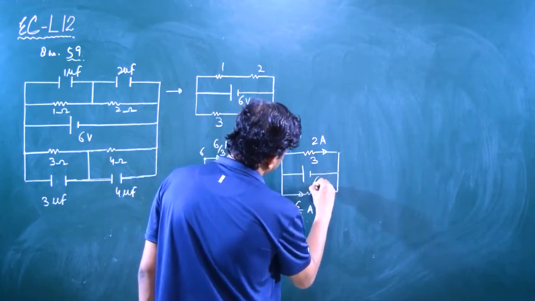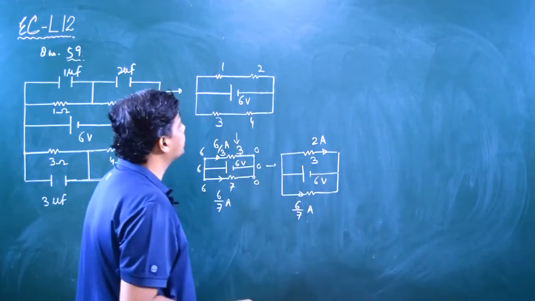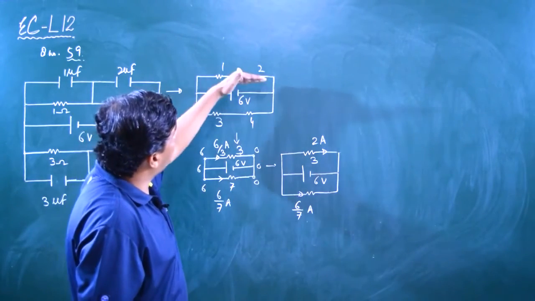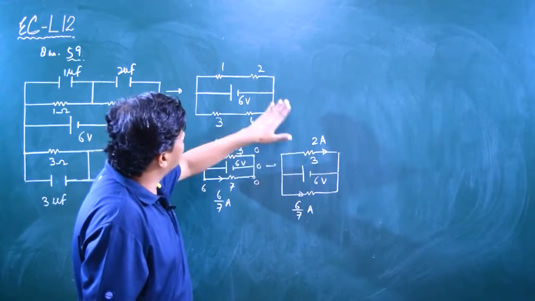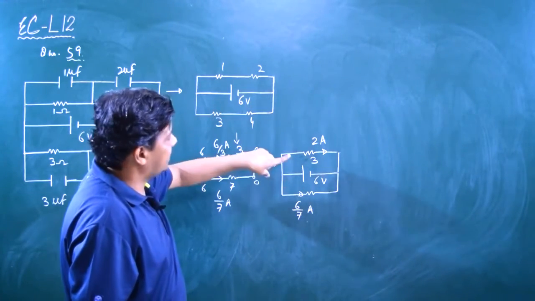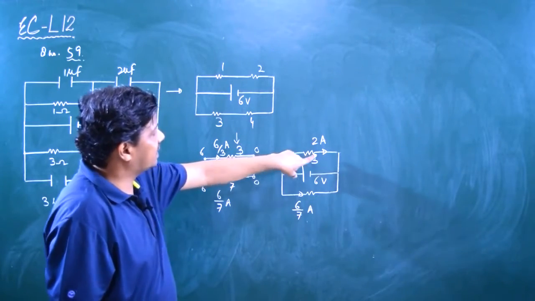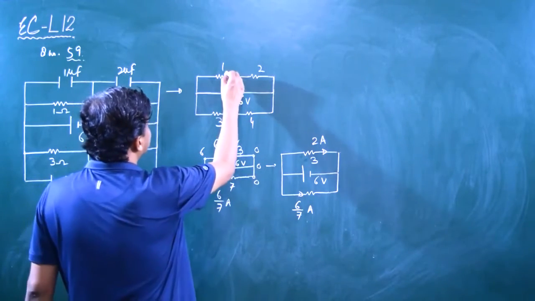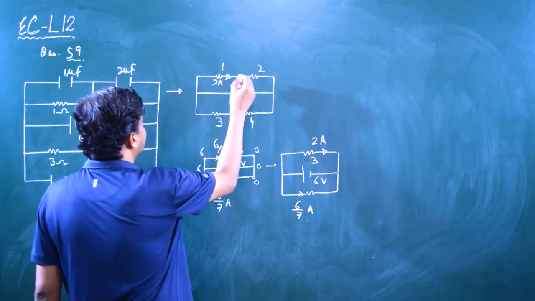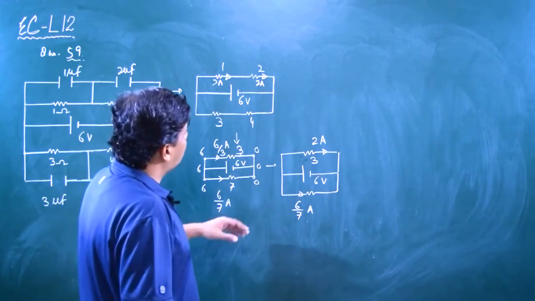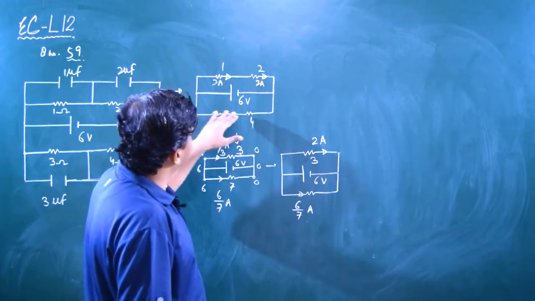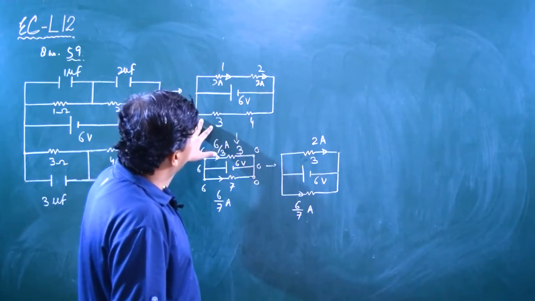This one was the supplied potential. Okay, now see, the upper arm of this circuit is the equivalent of what? These two, and in series arrangement currents are equal. So here current is 2 ampere, that's why current here is 2 ampere, and also current here is what? 2 ampere. Okay, now the lower arm is the equivalent of what? These two arms, and these are in series.